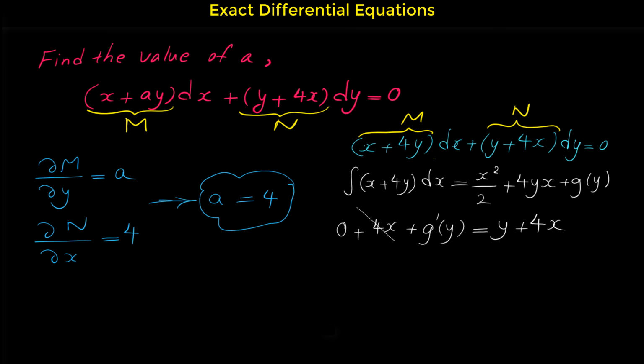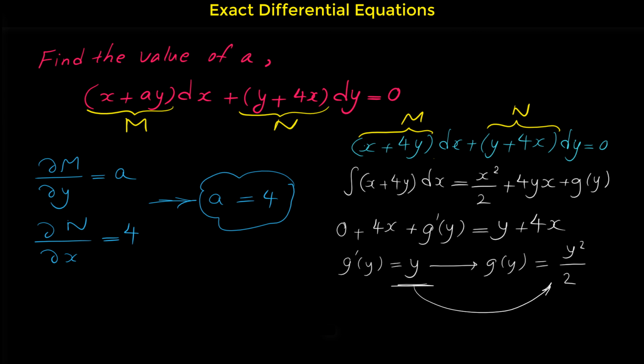Now here, if we cancel 4x with 4x from the two sides of the equation, g prime of y equals y, and so g of y is y squared over 2. Note that if we integrate y, integral of y is y squared over 2, and so g of y is y squared over 2. Now if we plug in y squared over 2 for g,